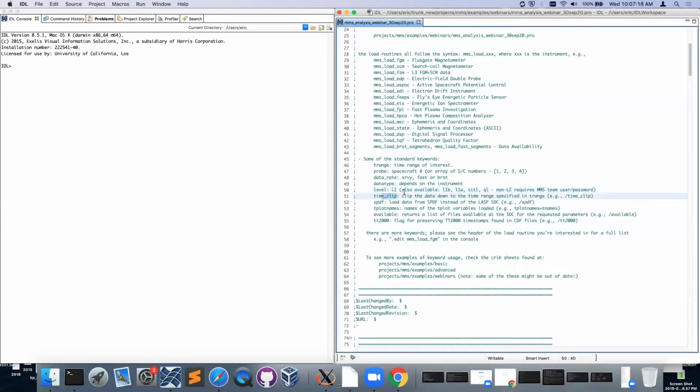And time clip. So the way the load routines work, when you load data, it tries to grab all of the data files that have data within the time range you specified, and what it does is just dump all of the data from those CDFs into memory. So in some cases, if you request a small time range, you can actually get more data than you requested. And to time clip the data down to the exact time range you want, you have to specify